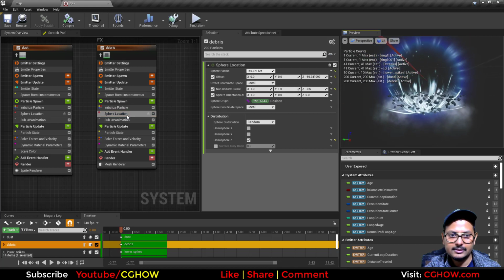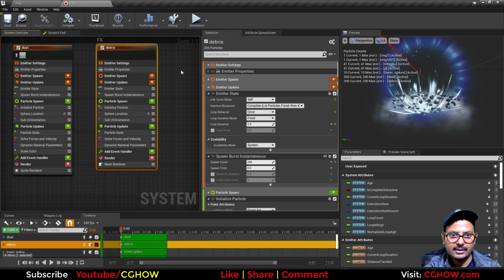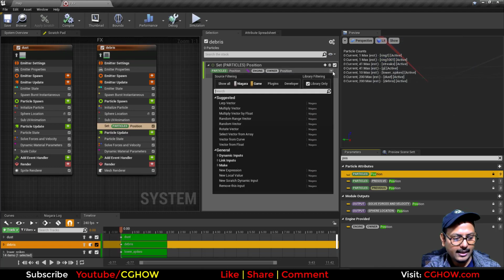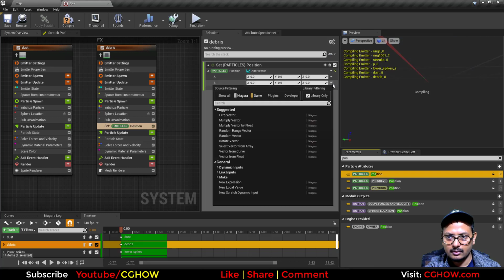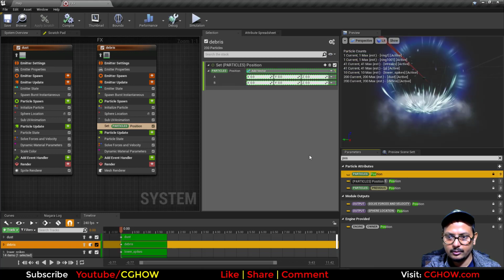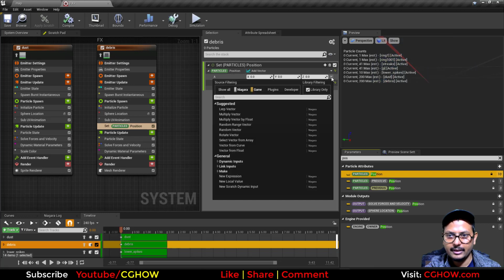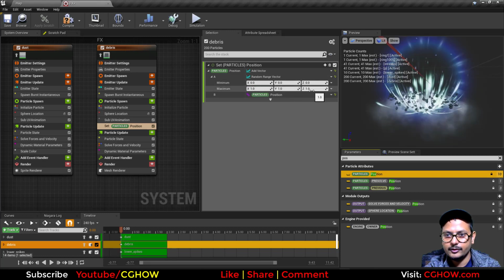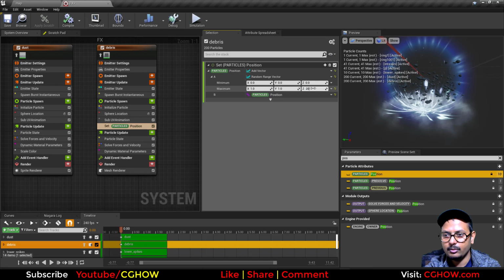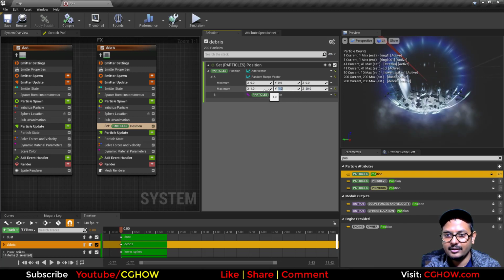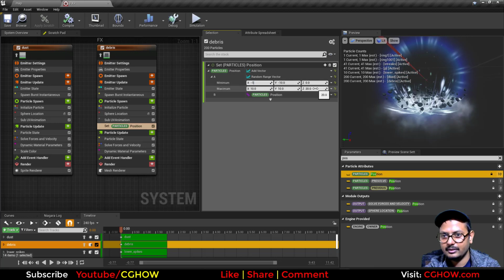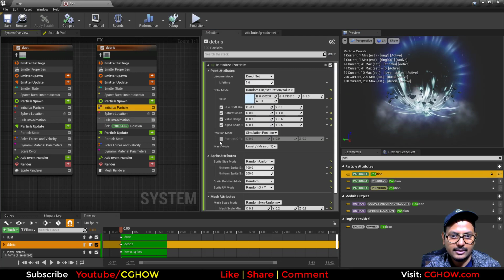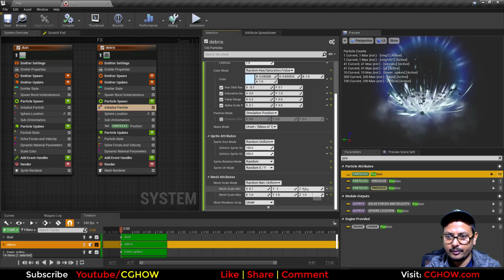I want randomized position, so I will select this, take the position from here, and add some value on the position, and that value will be random on Z. So I will randomize it 0 and maybe 100, no, 20, and maybe slightly here 10, 10, minus 10, minus 10, 30, and also just 100, and size I will make 0.1, 0.1, 0.1,